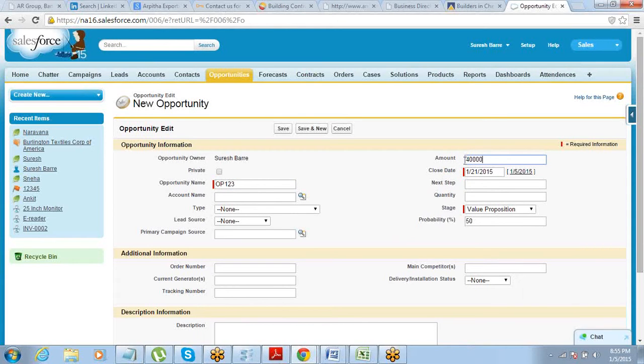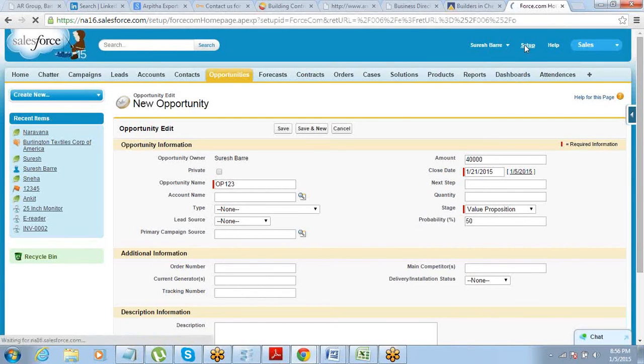Now when I enter this amount, I want a field called tax, and I want that tax to be automatically calculated based on the amount. Okay. So that is what we are planning to do here. So it's going to be very simple. It's just about adding one more field in opportunity, and that field should have a field type of formula.